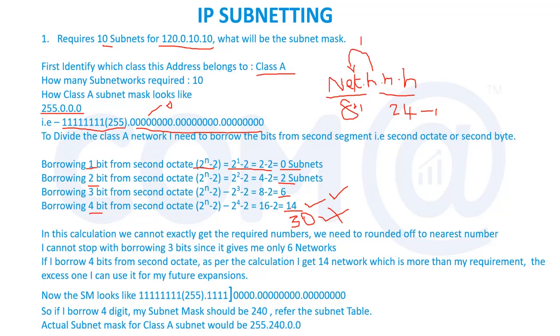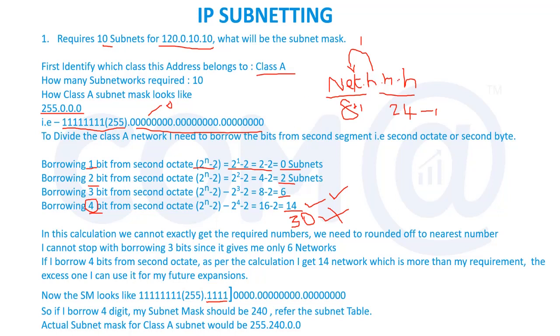Now the number of networks I've got will be 14 subnets. Now we have to see the rest of the things. That's what I discussed: we cannot exactly meet the requirement. Subnet mask: if you take the subnet mask, the first portion is okay, since I decided that 4 bits will be sufficient for building the required subnets. So what I have to do is flip the 4 bits of the second portion, from where I am borrowing.